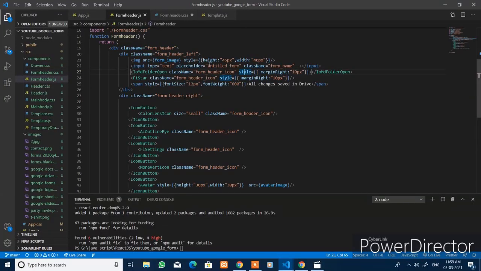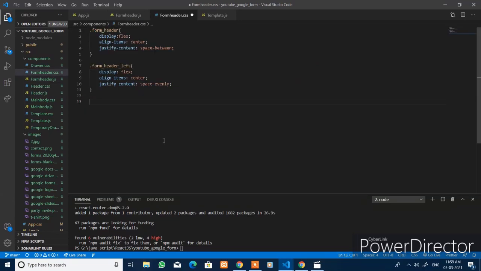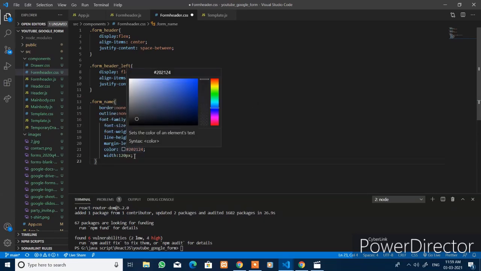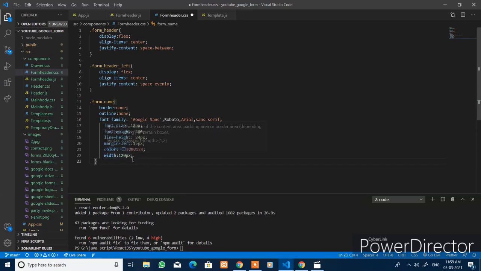Now to style the input element, we have the class name form name. Set the border to none and the outline also none. Add font name, font size, font weight, line height, margin left of 15px, color and width.